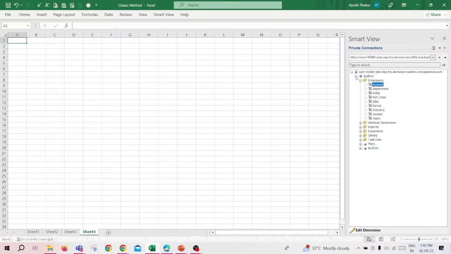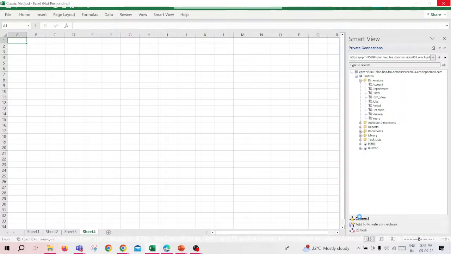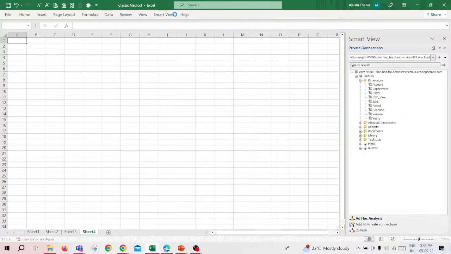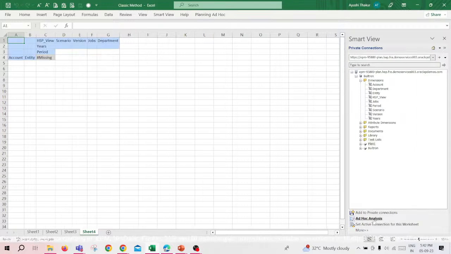I'll go to the application. Instead of going to the dimension, I'll click on Plan 1. We'll connect with Smart View. It's getting connected. I need to add ad hoc analysis. Before making changes with the ad hoc analysis, I need to tell you that we can add an attribute dimension with the help of